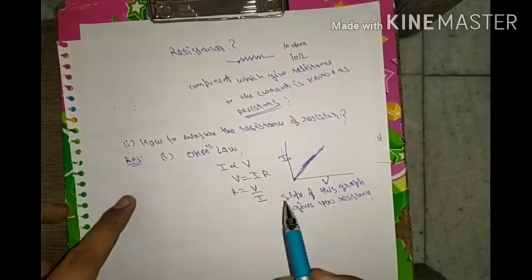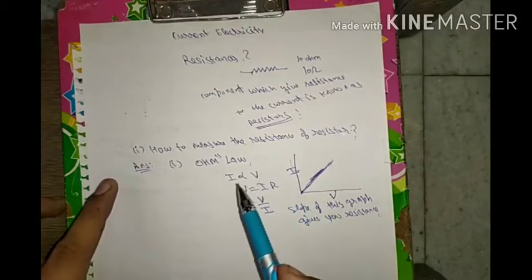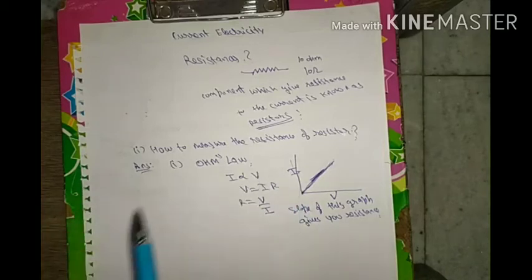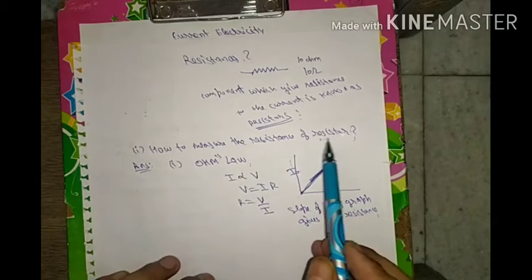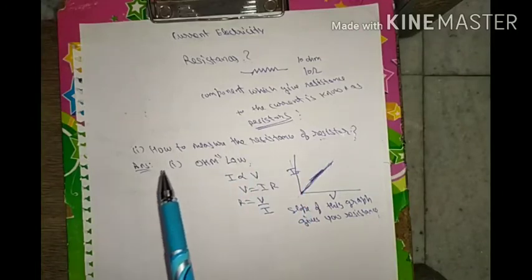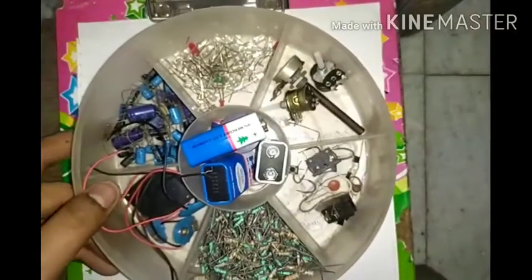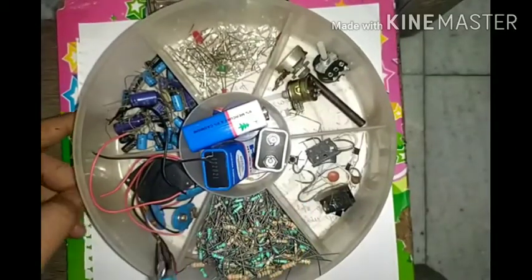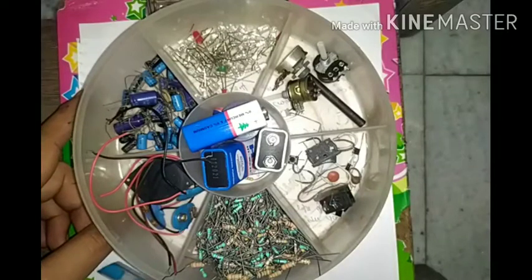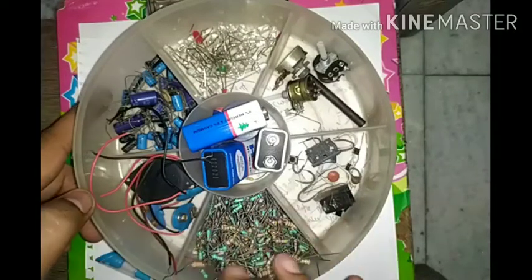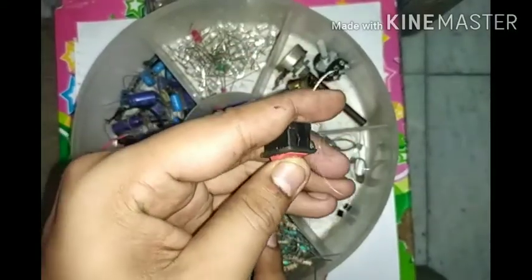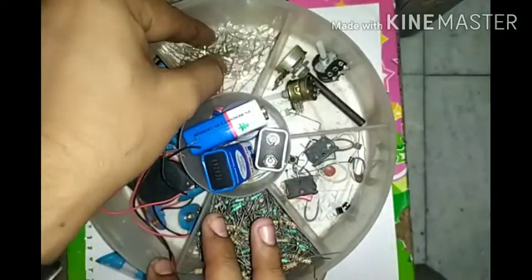We are measuring the resistance of a resistor, but I think many of you may or may not have seen resistors. So firstly, let us see how resistors look. Okay. So students, in front of you, these are the components of a basic electric circuit. An electric circuit can be formed from these components. So this is a battery, you can see. These are switches, on and off. And these are LEDs.